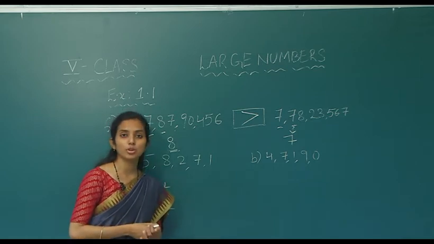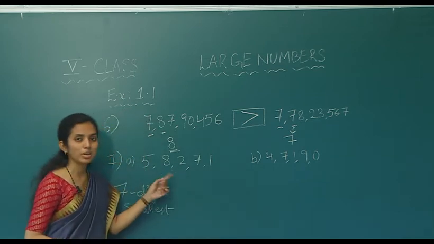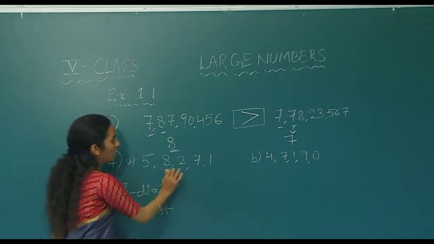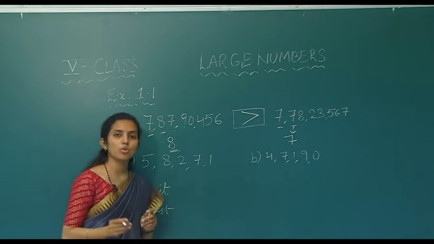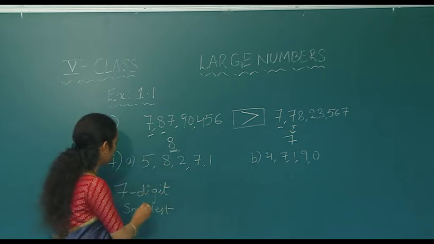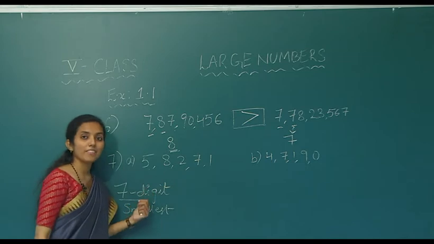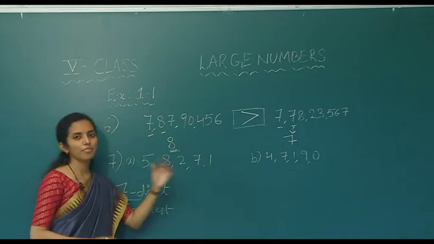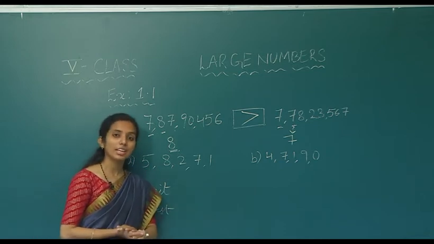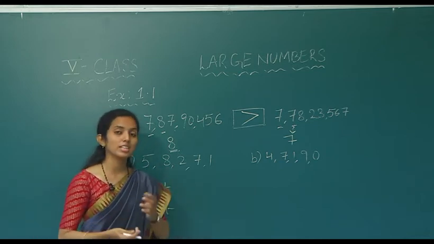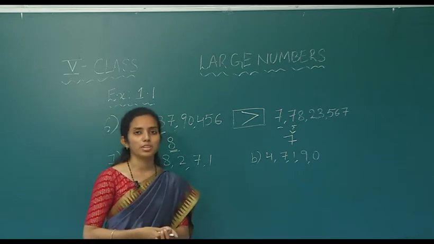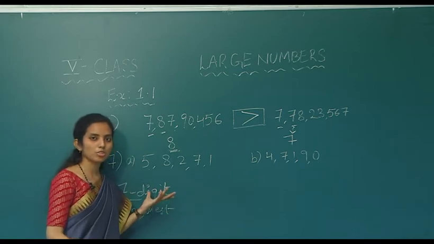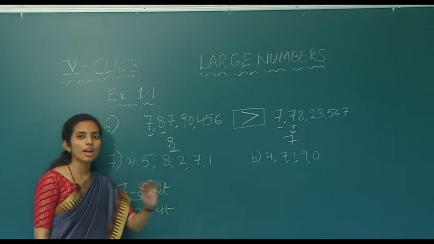Why is he telling us to repeat the numbers? Because what are the numbers he has given here? 5, 8, 2, 1, 7. He has given us only 5 digits, but he is asking us to form a 7 digit number, and that too the smallest 7 digit number with the given 5 numbers. So, that is the reason why he is telling us you can repeat the numbers. If we do not repeat the numbers, we cannot get a 7 digit number. Yes or no? Because he has given us only 5 numbers.